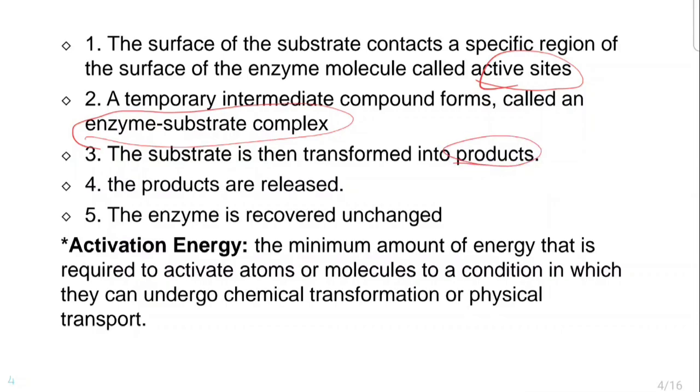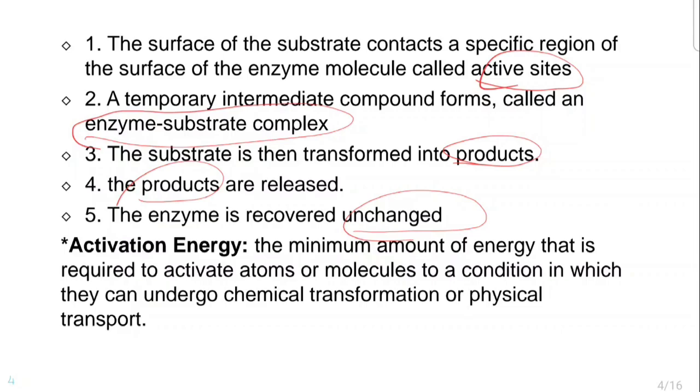Again, your products can be a combination of substrates or a degradation of your substrate. Then the products are released from the enzyme substrate complex, and the enzyme is recovered and remains unchanged. As we said in the previous lectures, the enzyme is not destroyed or reduced. Only the products are